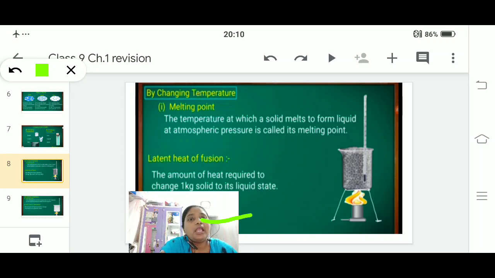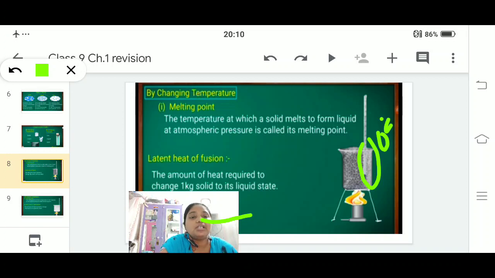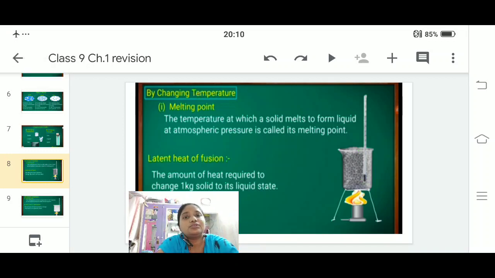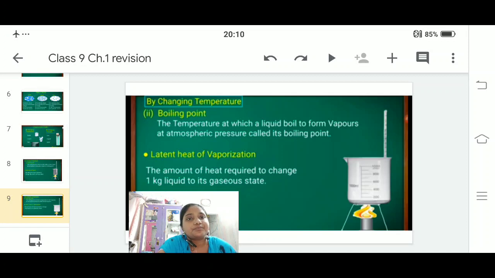The amount of heat required to change 1 kg of solid to its liquid state, while the temperature of 0 degrees Celsius stays constant until the last solid converts itself into a liquid, is the latent heat of fusion. Clear? Let us move to the next one.